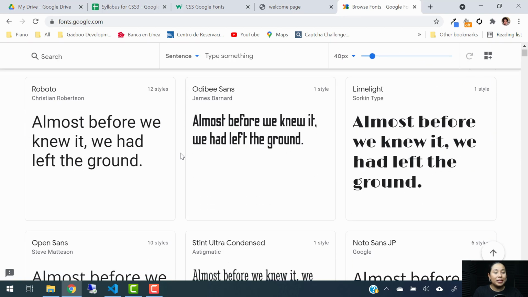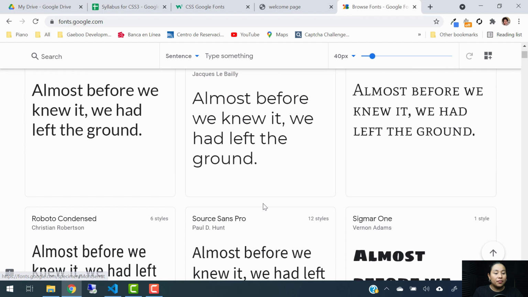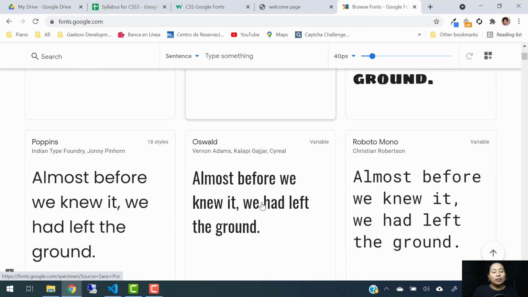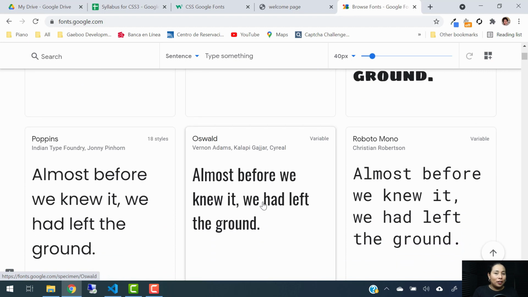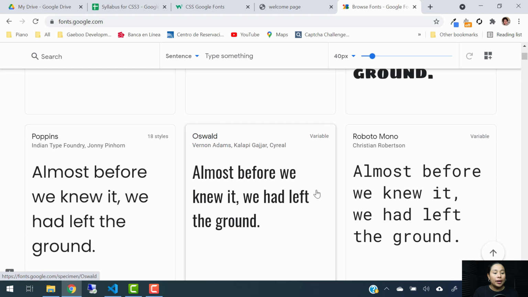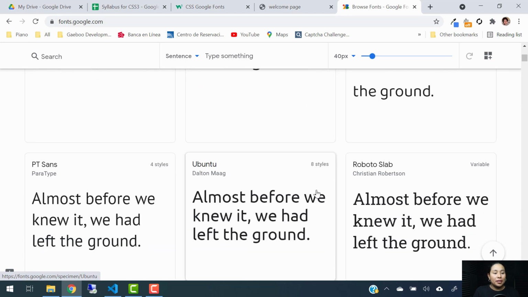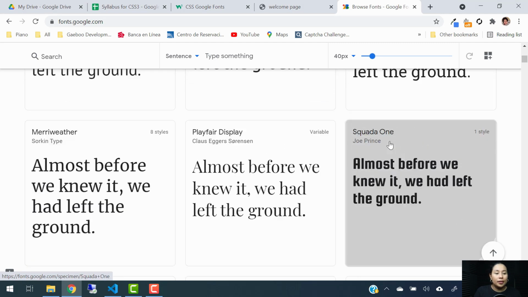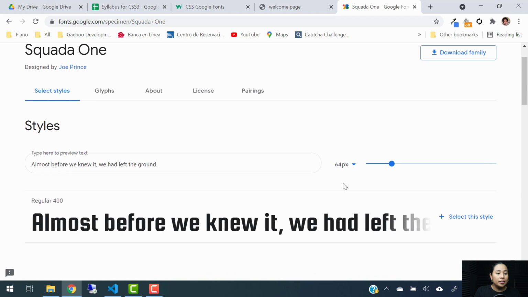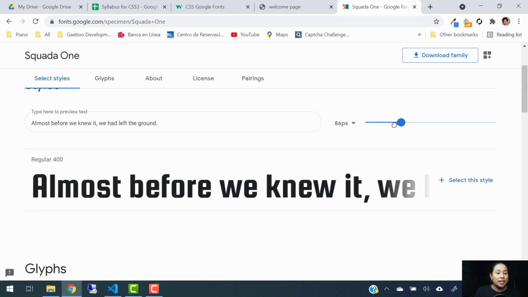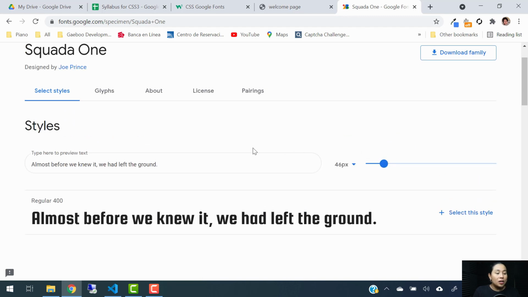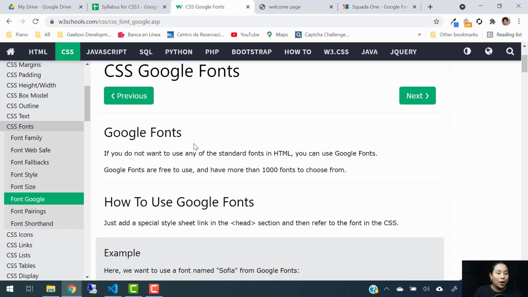And in here, you have some examples of some fonts that you can select. So let's say that you're creating your website and the font that you're looking for is not under the defaults that you will find in your code, right? So what you want to do is select something out there on the internet. So let's say that I want to use this one right here. I'm going to click on it on Google Fonts, right? And I can change the size of it. Let's say I wanted this size 46 pixels, right? And what I have to do is very simple. But before I show you that, let's go back to our CSS